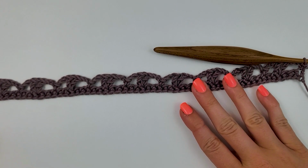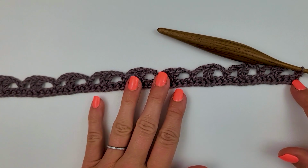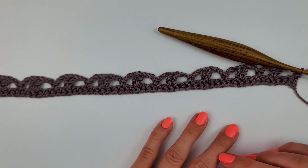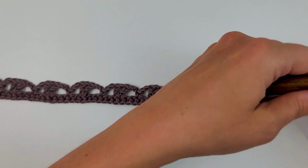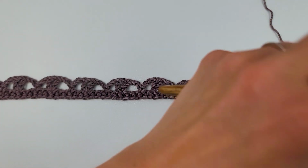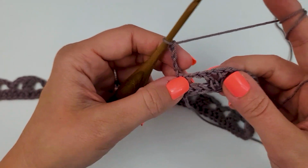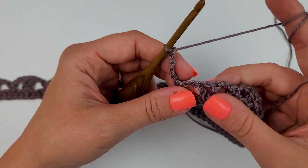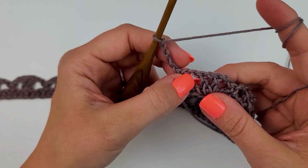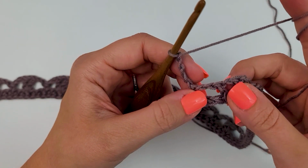All right, I've completed row 2. This is what it looks like. You should end with a single crochet stitch at the end of your row. And now we're ready to start row 3. So for row 3, we're going to chain 4, and that's going to count as a treble crochet or triple crochet stitch. And then we are going to skip the chain 2 space and do a 2 DC puff shell in